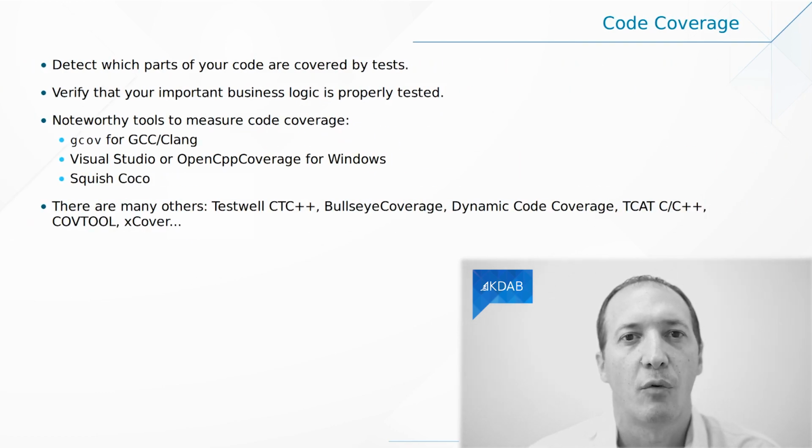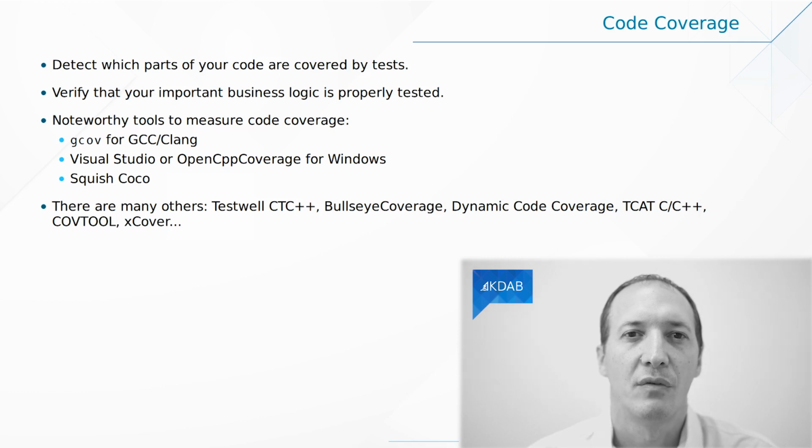Another thing that is quite related to unit testing is code coverage. You want to make sure that you have sufficient amounts of unit tests, which doesn't mean 100%. It's usually pointless to try and go to 100%. What's important is to test the parts of the application which are critical to you. That could be simple utility classes that are used everywhere, like your string class or your vector class if you have one of those. Or it could be the parts of the application where the actual business logic is, and you don't want to have any bugs in there.